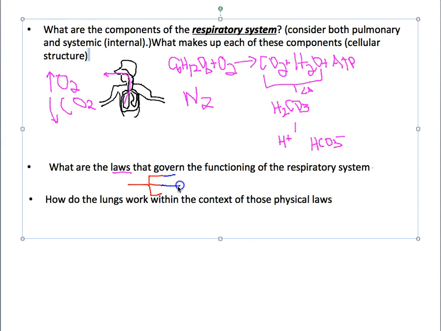And remember, this would be obviously internal circulation or internal respiration, right? Because now we're thinking about the mitochondria inside the cells, but those gases will move down their concentration gradient, okay, into the spaces where the mitochondria will be. So how does this happen inside the lungs? Well, if we create a system where you seal these by using the muscles that make up the diaphragm that are innervated by the phrenic nerve,